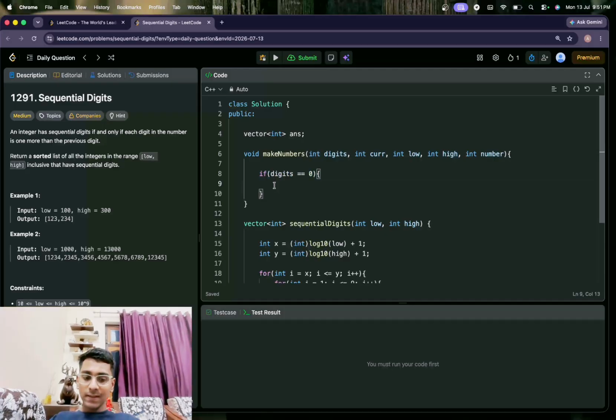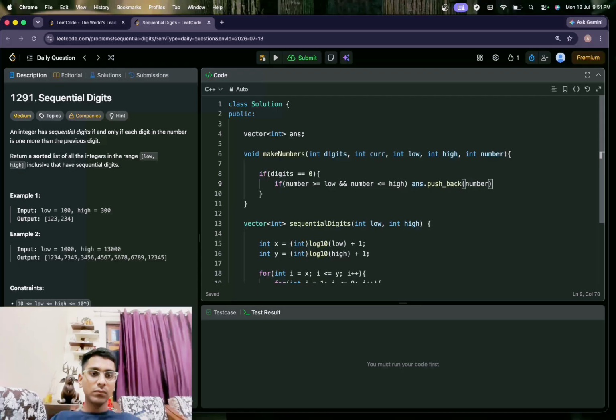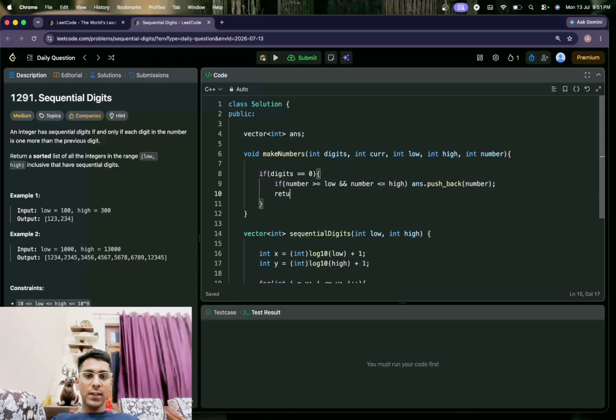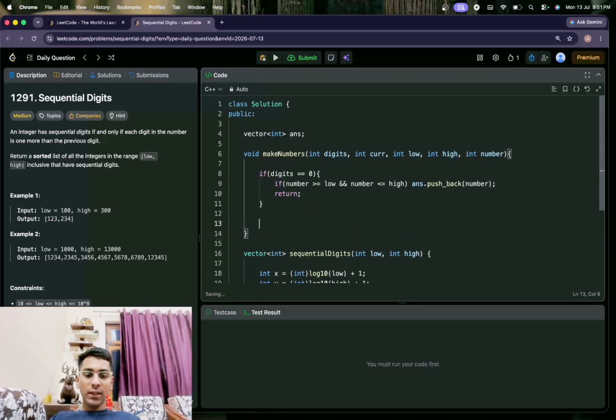And there's one more case. If the number formed is greater than or equal to low, and number is less than or equal to high, so basically I'm checking if the number is in the given range of the question. If it is, then I'll push it back into the answer vector, and I'll simply return. There's one more case.